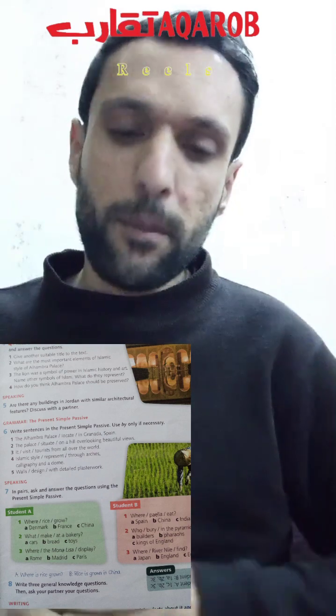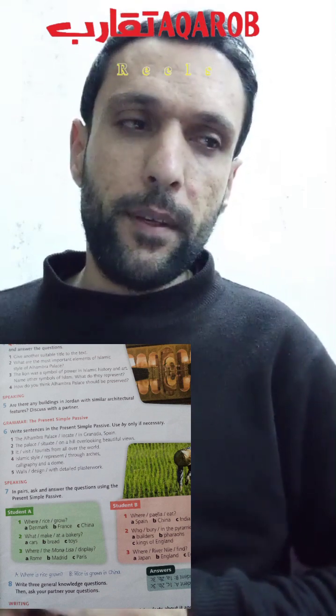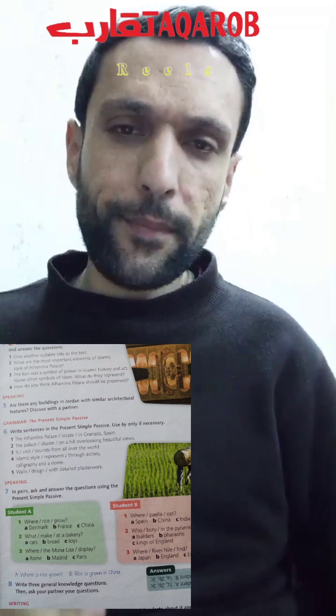Now, how to form the present simple passive? The sentence in general starts with the subject,